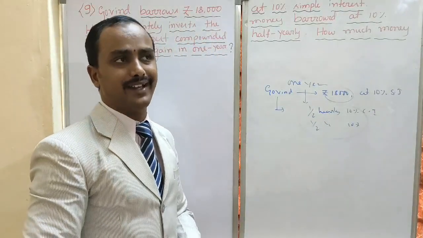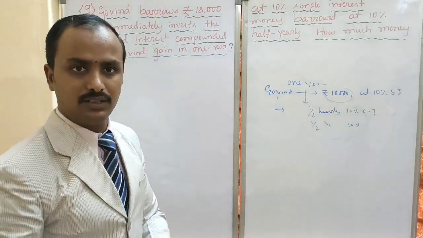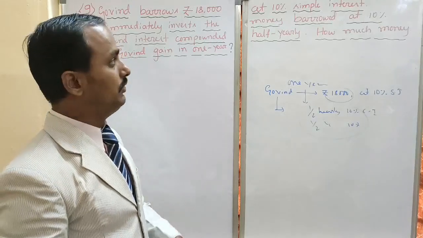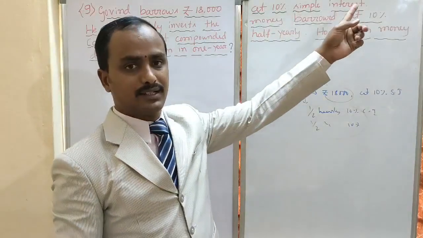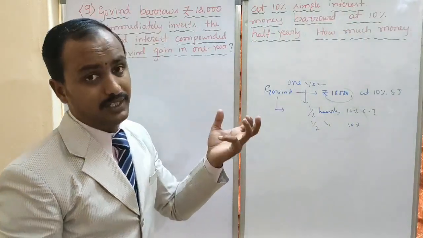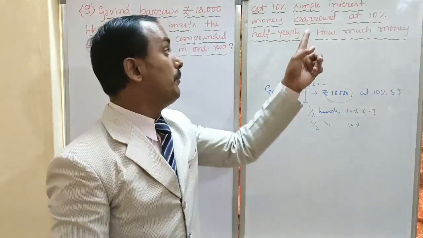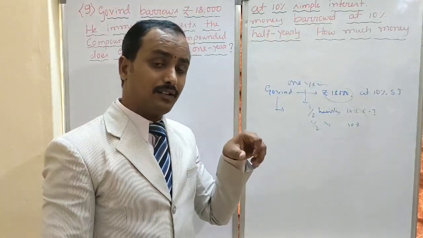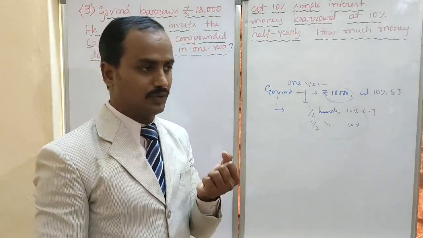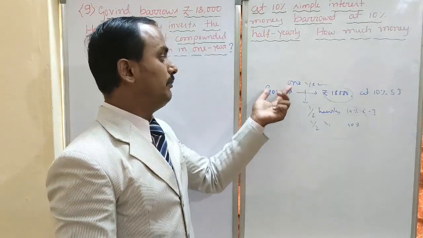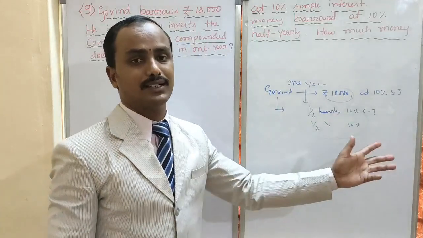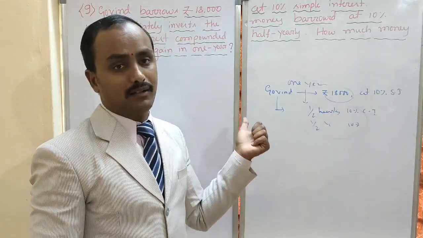You know nowadays how financiers do the business. Some big money persons give money at simple interest. Financiers collect money from somewhere. Then that money they invest somewhere in compound interest half yearly. That time the financier becomes a middleman. That middleman will gain the middle amount. Like here also, Govind is the middle person. He borrows the money from someone at simple interest. Then he invested it at half yearly compound interest for some others. Govind is gaining in the middle as a broker.